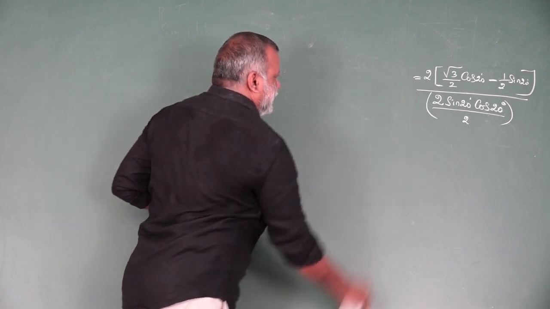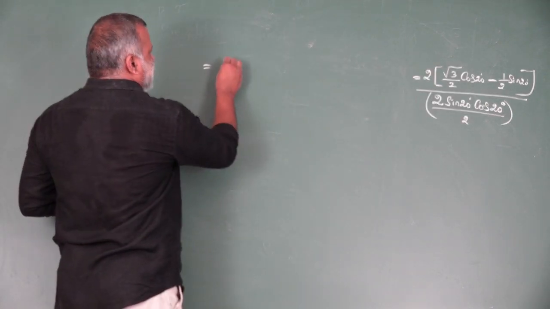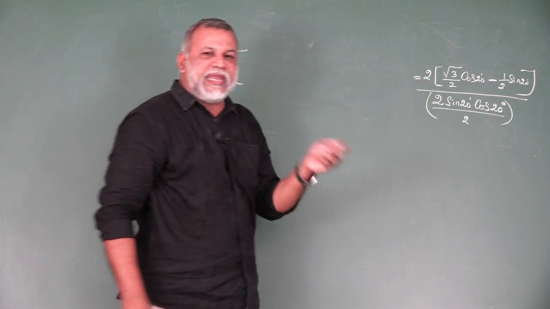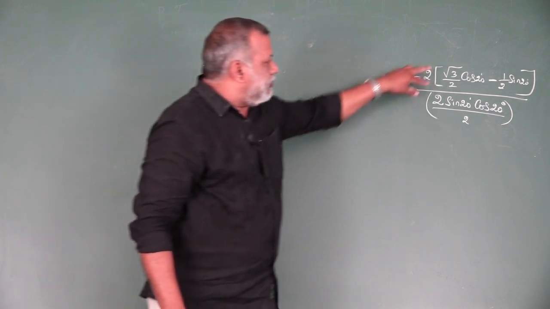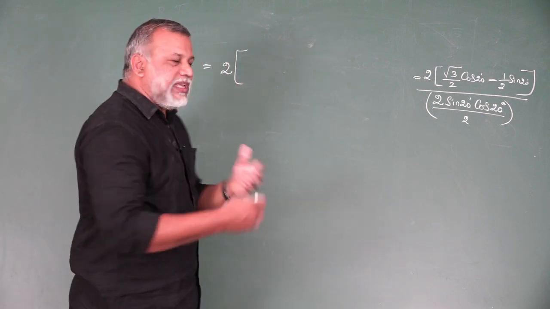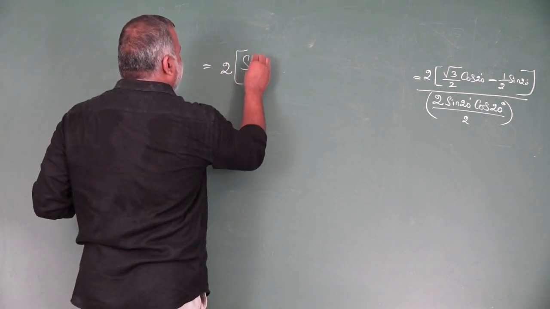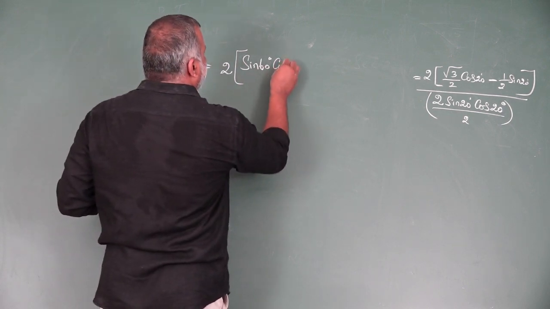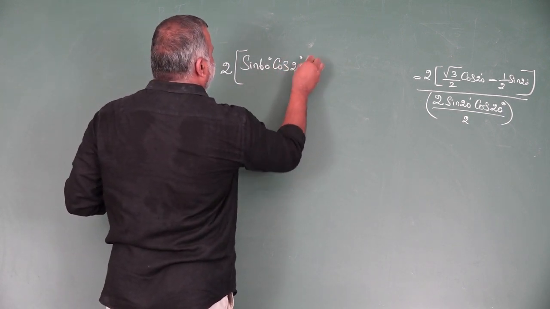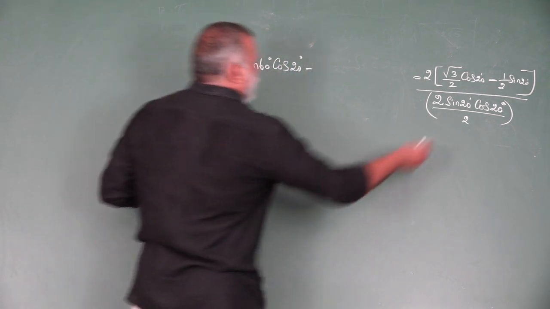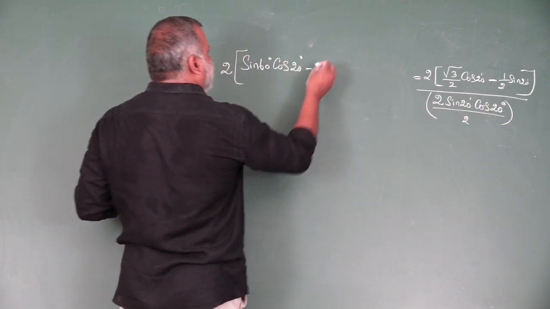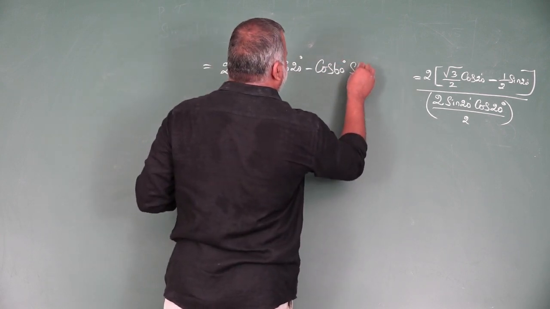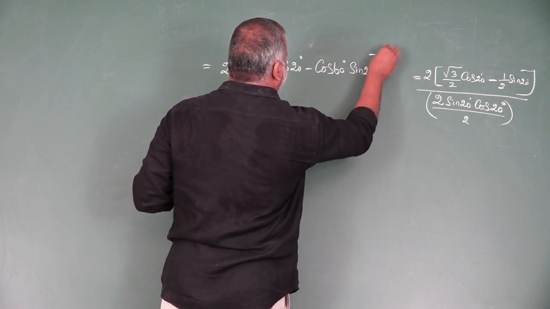Listen to this concept. So I keep these 2 as it is. Then root 3 by 2 relates with sine theta. When we are getting root 3 by 2, which degree we are getting? Sine 60. Sine 60 will produce root 3 by 2, and a cos 20 already we are having. Minus 1 by 2, for which angle cos related to? Cos 60. Then already we are getting sine 20 here.